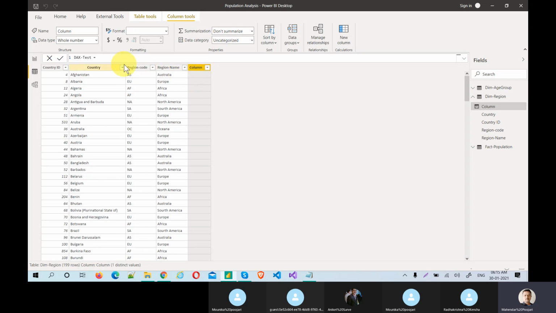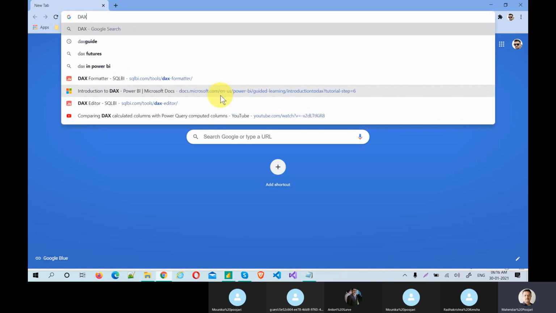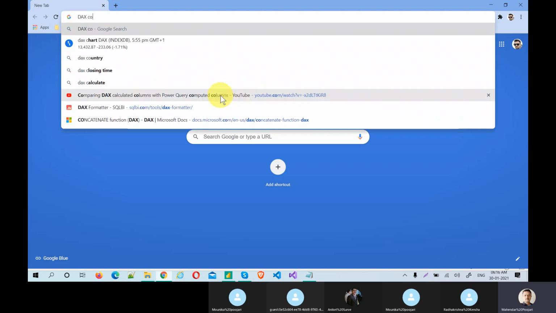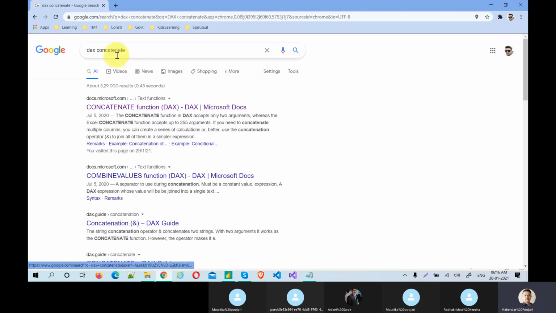In Excel we call it concatenate. If you know that, use the same in DAX: DAX concatenate. Even if you don't know concatenate, you can search how to join two columns in DAX. This is how you should write.